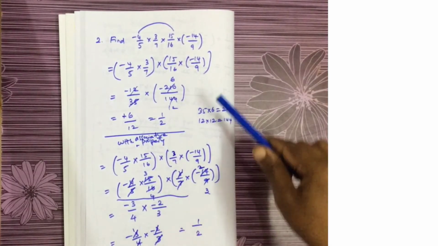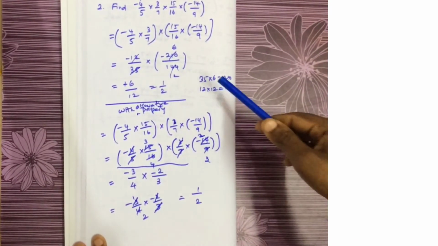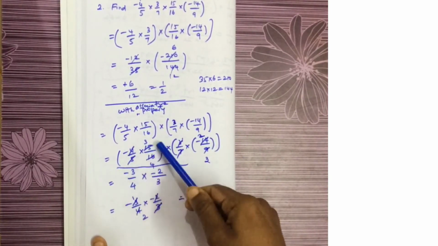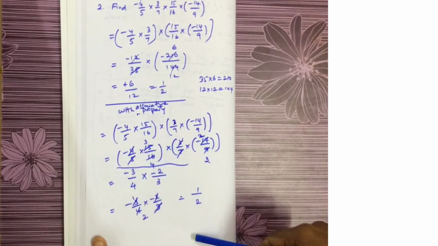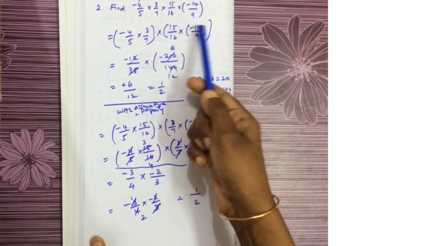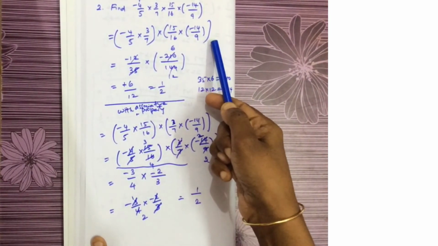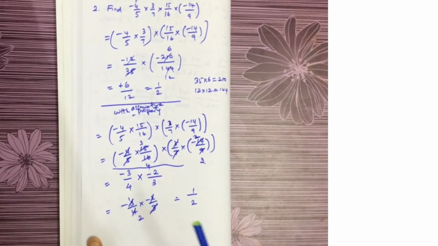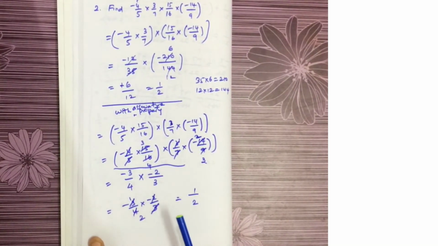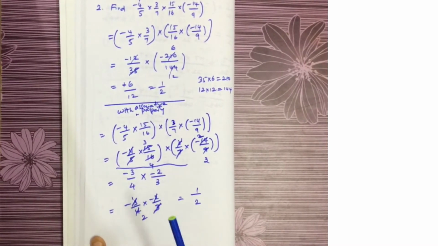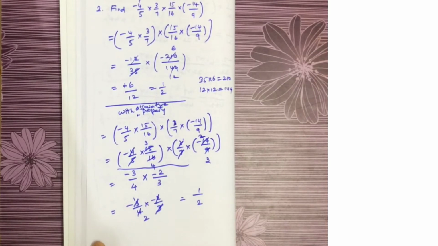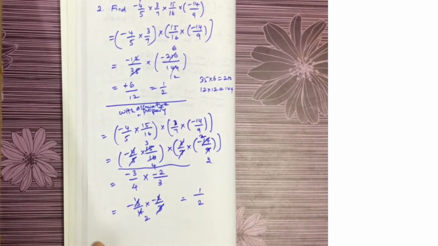So when you compare these two calculations, there is no complex multiplication involved here. Everything is getting cancelled. If you see here, this is a complex thing and this is a complex thing. So when you compare these two, this is a very simple method, and this is how we have to solve problems using associative property. We have to check which numbers get cancelled, then proceed with that. Okay. By now, we are completing the two example problems for associative property.